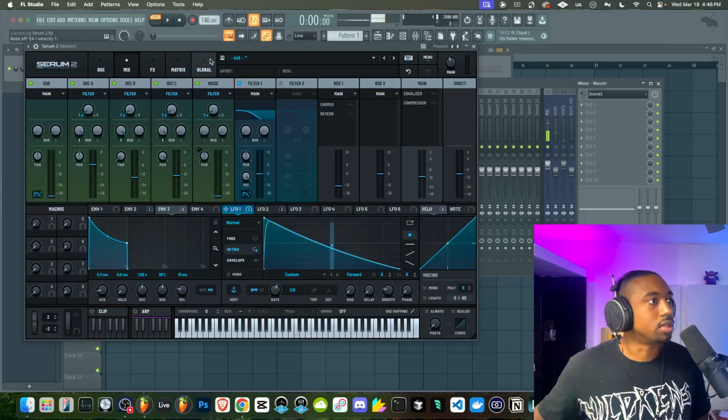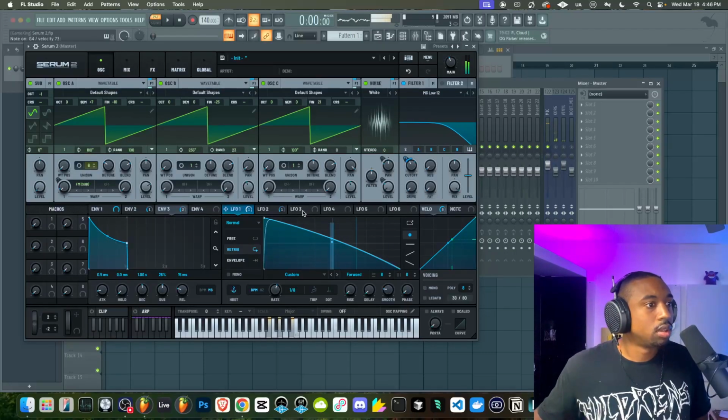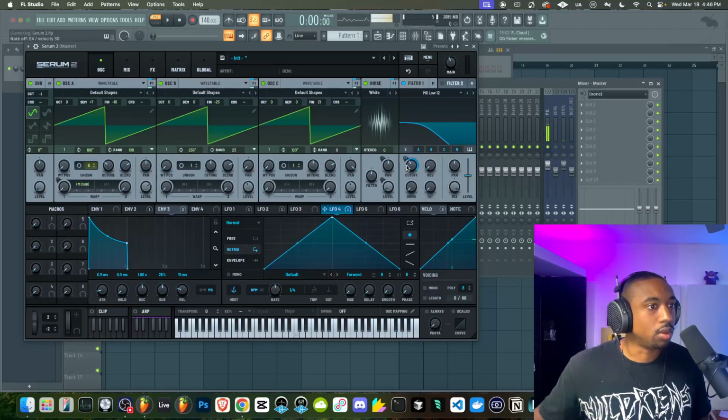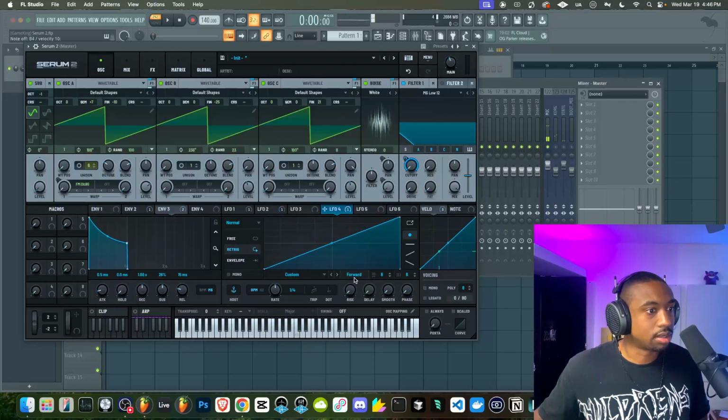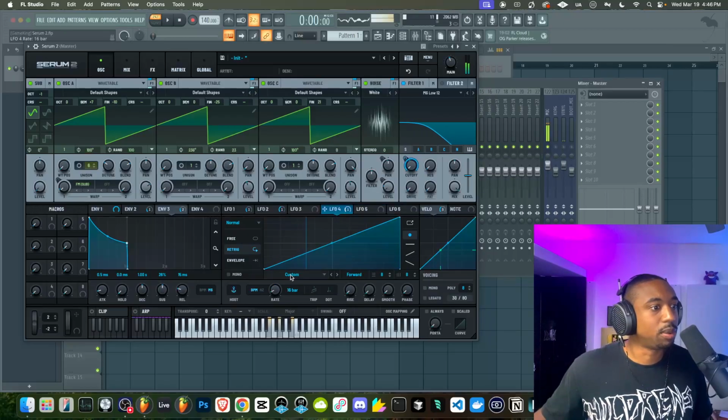I also would like the filter to move over time. Maybe let's do a long LFO over the filter cutoff, something like this, and then make the rate really slow. And then I do want the rate to change, but maybe we'll do that on a macro.